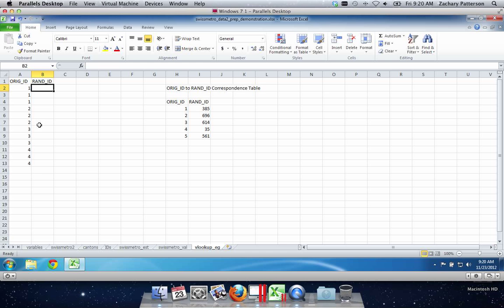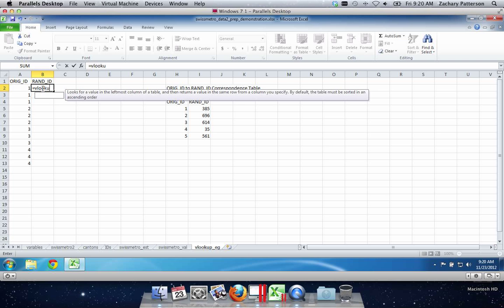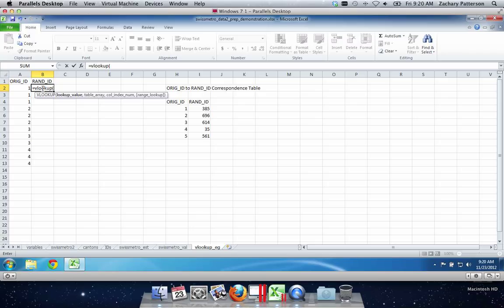So here's how it works. We have our data set up. Now we're going to click on the cell where we want to assign the new value. We're going to press equal, so that's telling Excel that we're going to have a function or a formula, and then we type in vlookup bracket. The first argument that vlookup requires is lookup value, so in this case it's going to be the original ID,